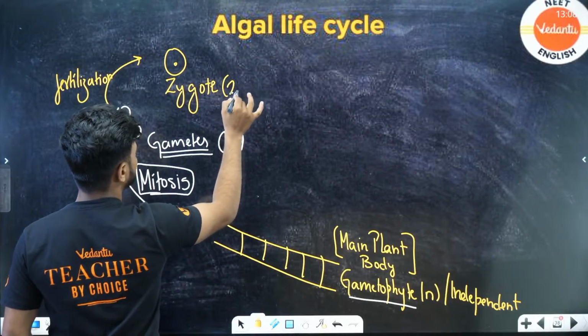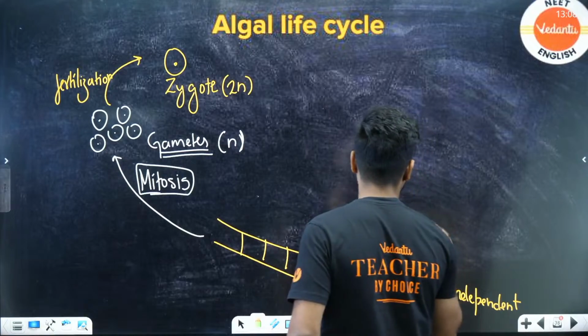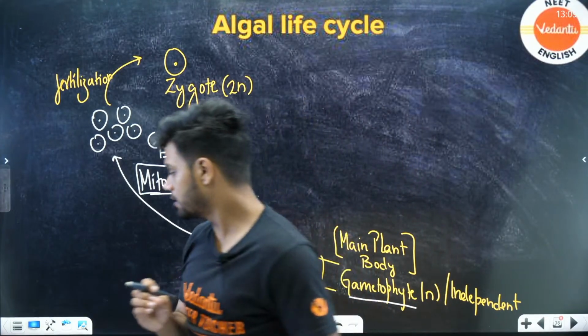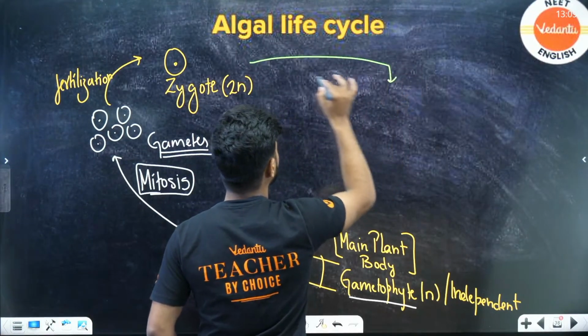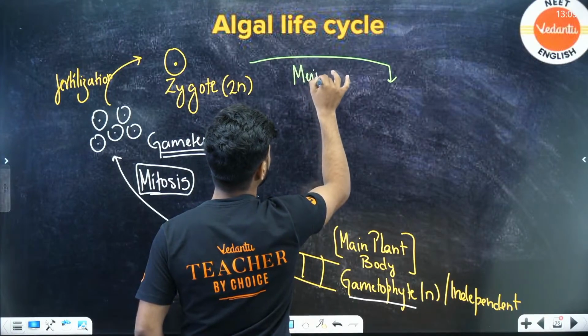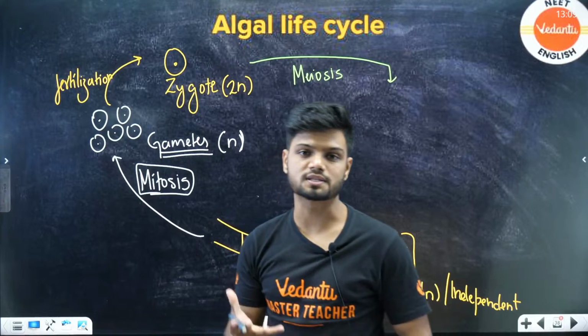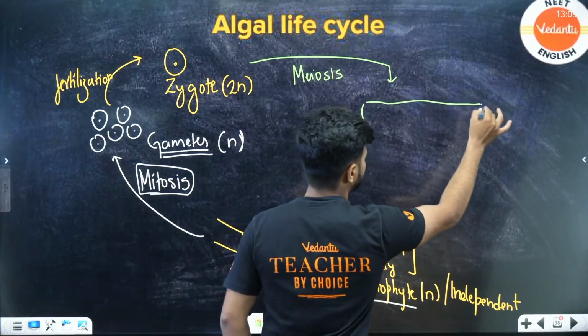And the zygote is said to be diploid in nature. Clear? Now students, this zygote undergoes meiosis. Once the zygote undergoes meiosis, it produces a structure called your